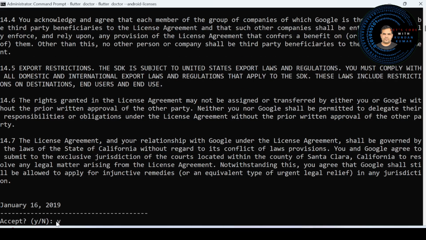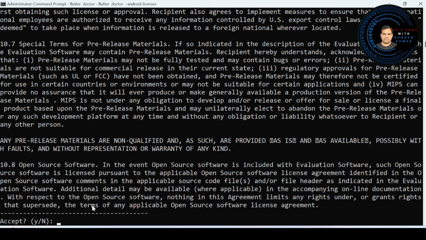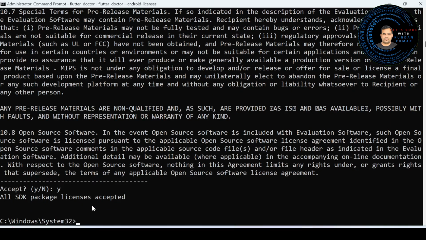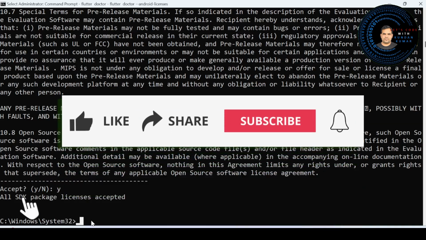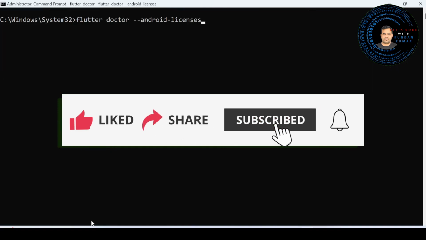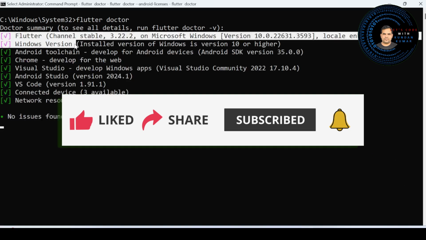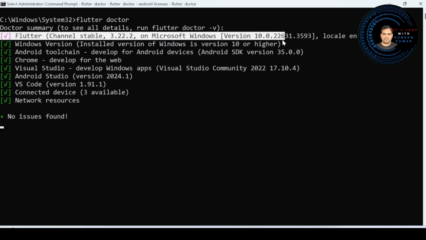So yes, y, y, y, y, y, all SDK package licenses accepted. So let's go and check here again. Let me clear the screen and run Flutter Doctor again, and you can see Flutter is installed, Windows version, okay, all those things